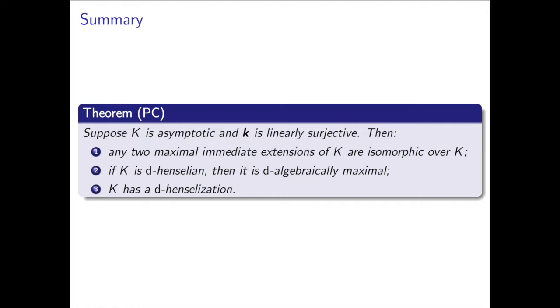In particular, the second one is the most important, I guess, in that the maximal immediate extension holds for other classes, but d-Henselian being d-algebraically maximal is the thing that's specific to this bounded constants asymptotic case. And the de-Henselization follows from that. Are there any questions so far? I'm going to say a little bit more about part 2, at least some hand waving about it.